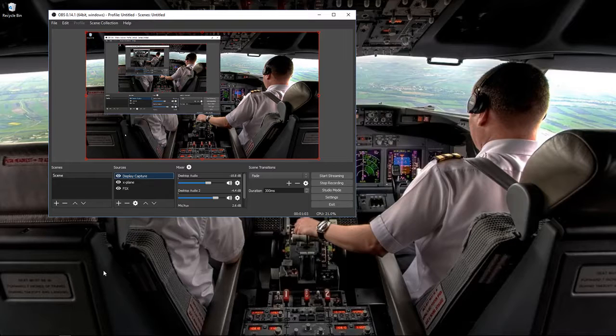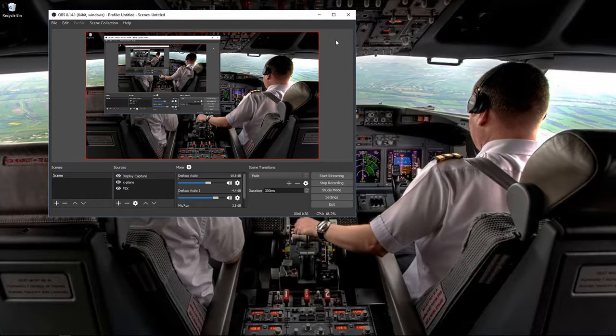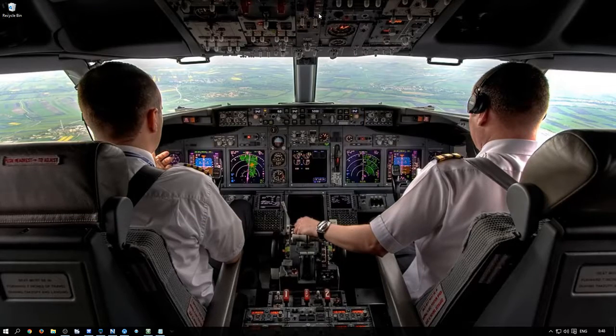Only issue I do sometimes have in terms of the volume, I do have to turn down the game audio and increase the mic volume a little bit to make sure that I'm heard all the way through the video. What I was having before on some of the early videos, you'll notice that the in-flight volume was louder than I was. So I've turned that down a bit and increased the microphone level to combat that, and that seems to work reasonably well. In terms of FSX itself,